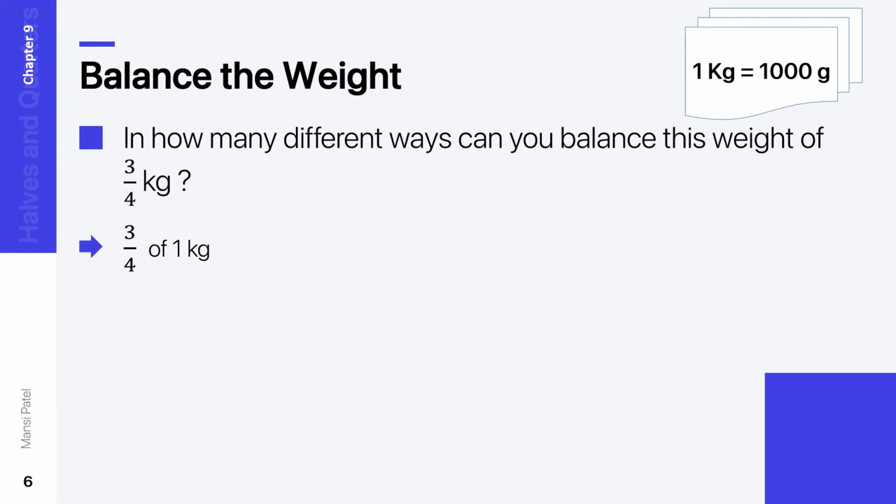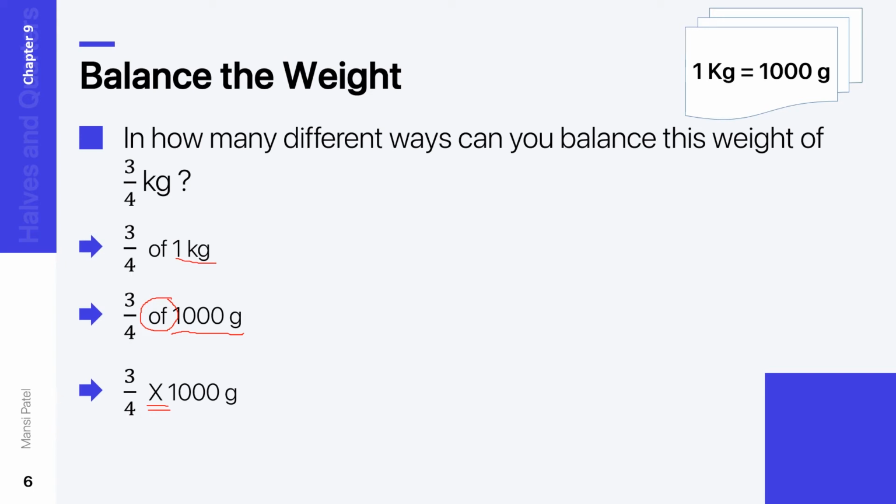Now it is not possible to find out the amount directly. So what do we have to do? We have to convert this kilogram into gram. When we convert this kilogram into gram, it becomes 1000 gram. 1 kilogram is equal to how many grams? 1000 gram. Now next you have to remove this "of". Instead of this "of" you have to put the sign of multiplication.